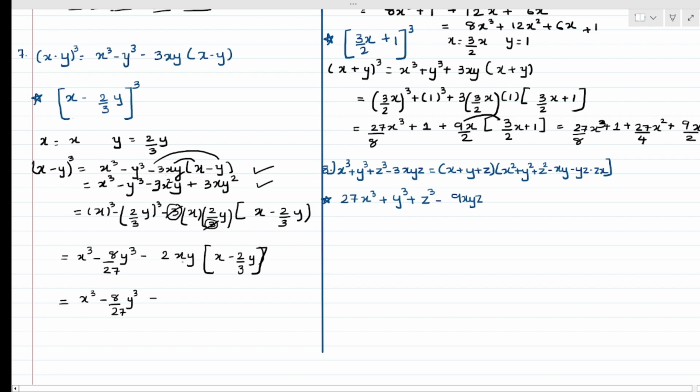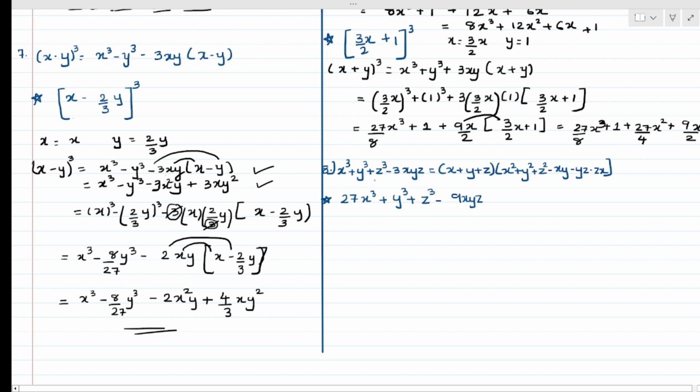minus 2 into x, and this x is getting multiplied, so you will get 2x square y, and this negative and negative sign gives me positive, 2 times 2 gives me 4 by 3 x y square. So, my final answer is x cube minus 8 by 27 y cube minus 2x square y plus 4 by 3 x y square. Moving on to the last,